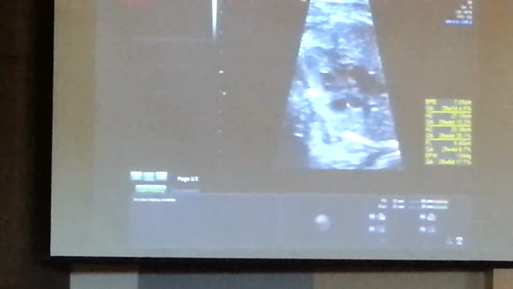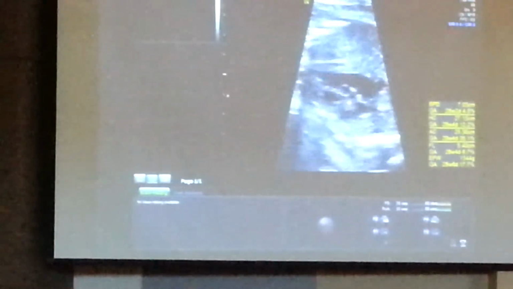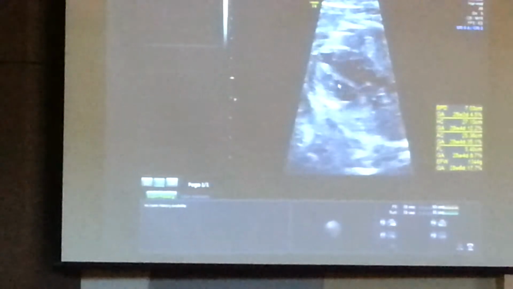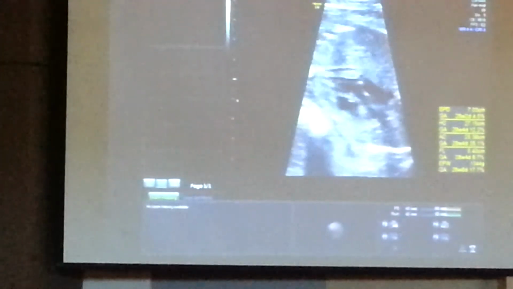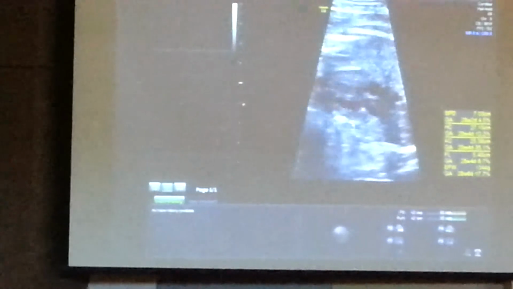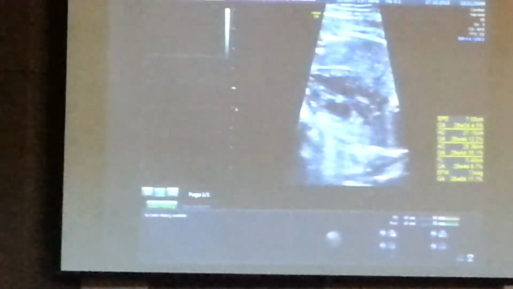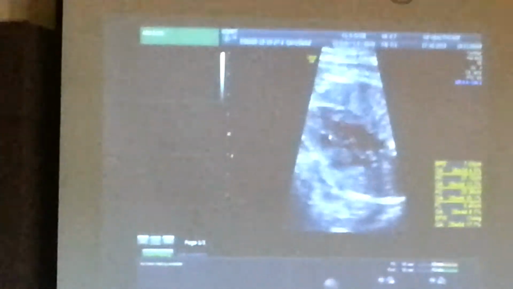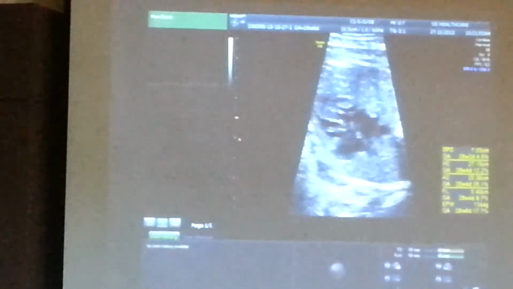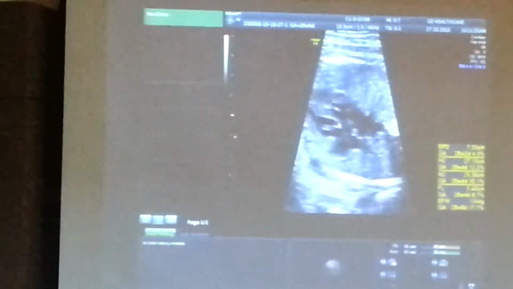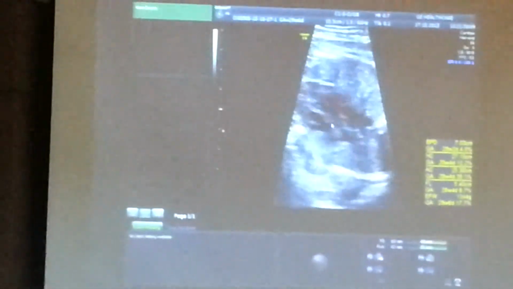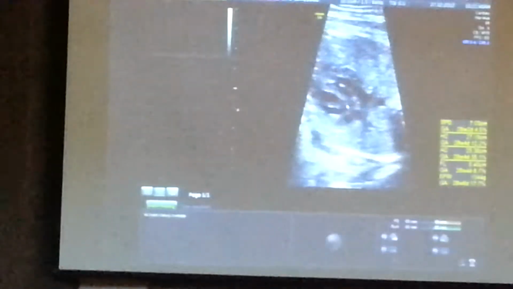This is the left atrium. Right atrium, oh, baby is moving again. Right ventricle, left ventricle, the mitral valve here, aortic valve here. If I want to focus, you see a flap here, a membrane-like flapping there, which is the foramen ovale. The ventricular septum is continuous with the septal leaflet of the mitral valve. So there is no VSD in this case.